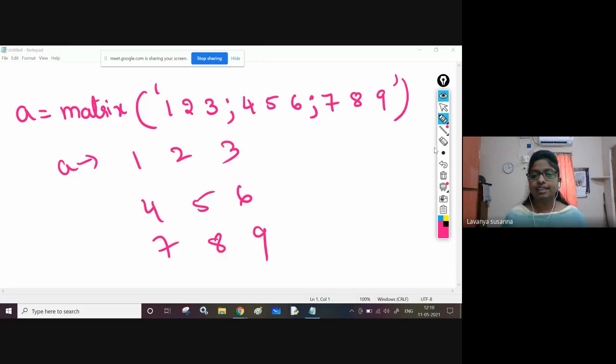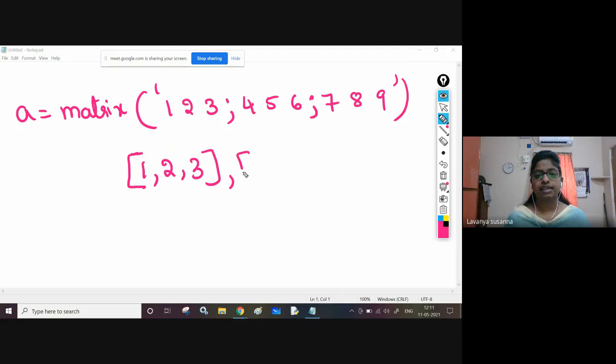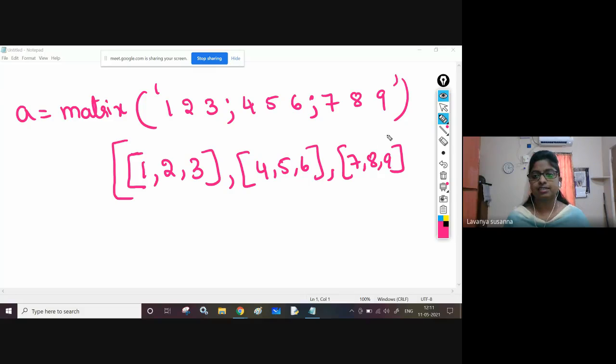Now, see another way. There is another easy way to create matrices. Let us see that other way also. Another way is, see, row elements written like a list: 1, comma 2, comma 3, comma, next row elements 4, comma 5, comma 6, comma, next row elements 7, comma 8, comma 9. Next, close the square bracket like this.